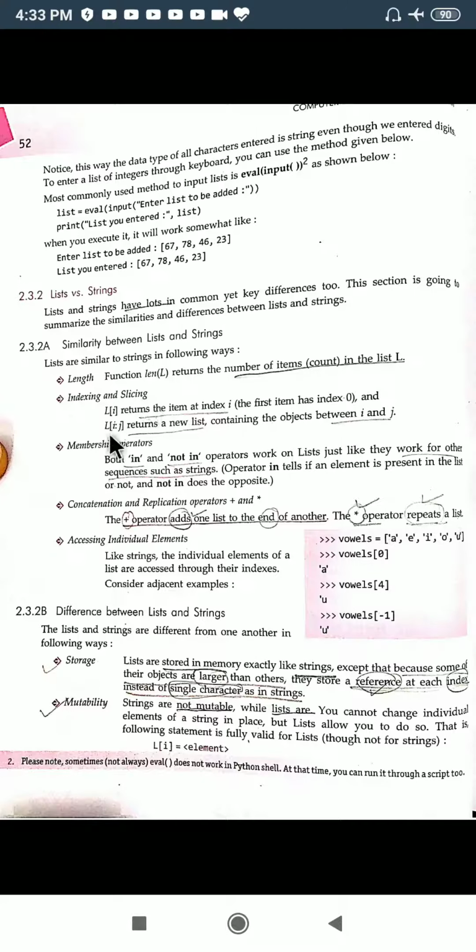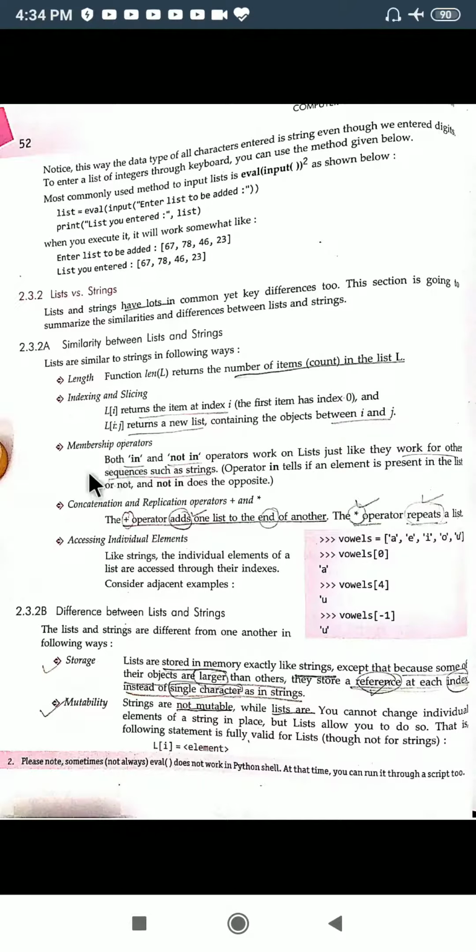Similarly, if you want to extract a particular sublist or a substring from the given list, then we can use the index range from this to this using the colon operator. What I will write is 3 colon 5. So it will start from 3 and take out the elements up to 4, not 5, because in lists or strings the ending index is not counted.